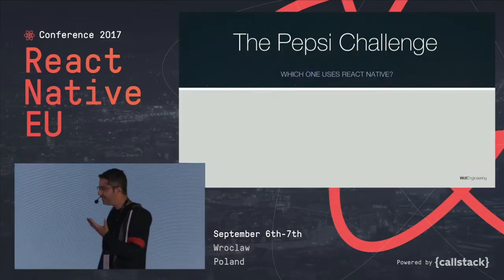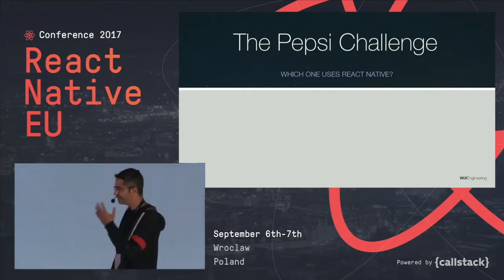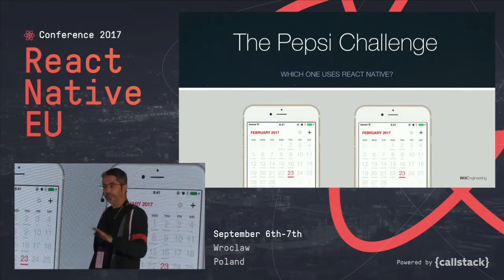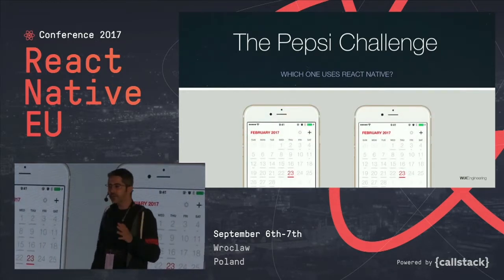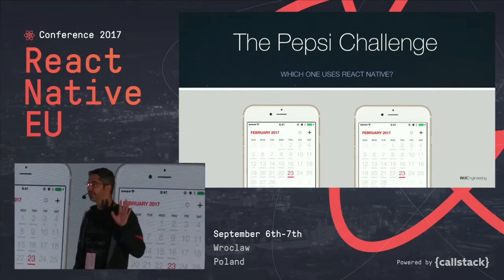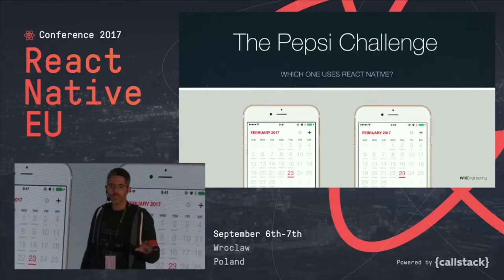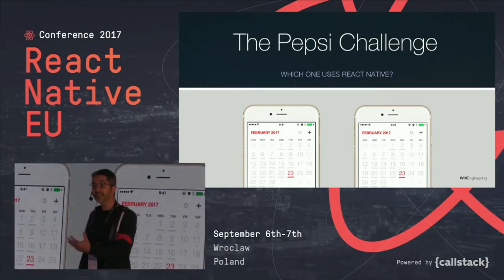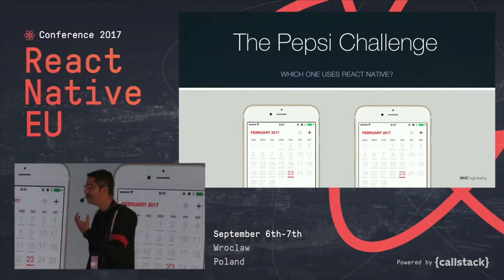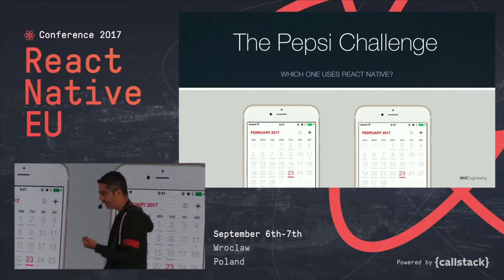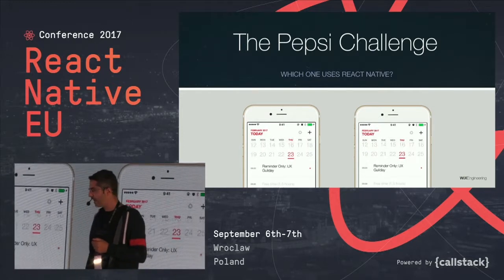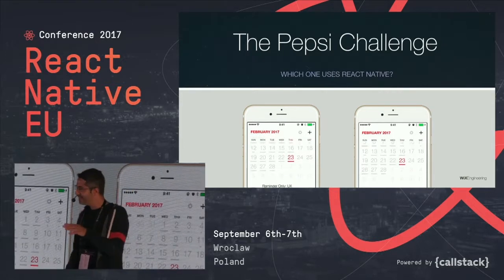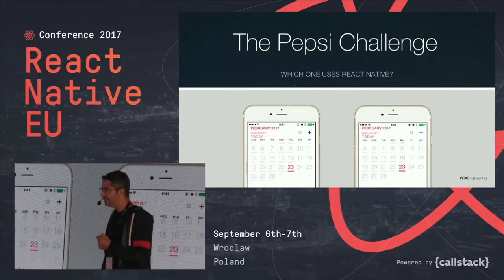So first of all, there's a test. That's a phrase we coined in Wix, the Pepsi challenge. How do you know if we're there yet? This is a way that I really recommend you do: take a very simple app and try to implement it both times, once purely natively, and once with React Native, and you run it on identical devices and give it to a user. And tell the user, can you find out, just by interacting with the two apps, just by playing with them, can you spot the React Native one? And if you try to do this exercise, you will see that in many, many cases you can. And this means that we're not there yet.